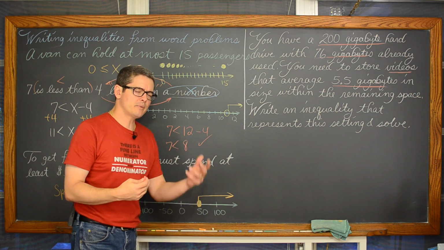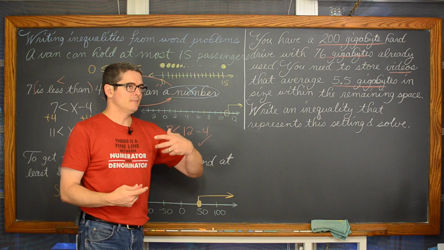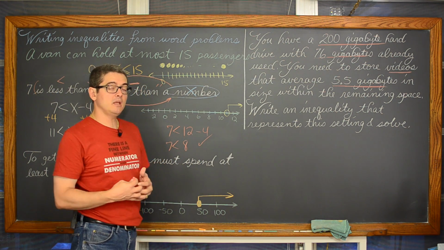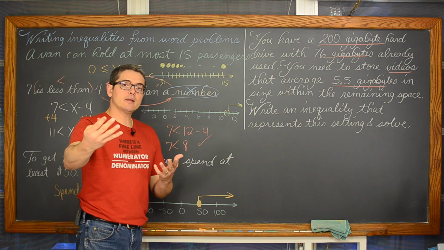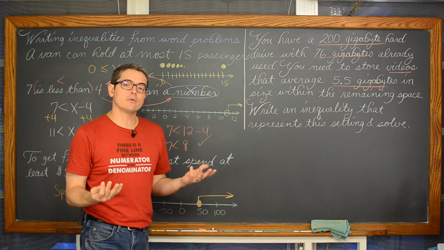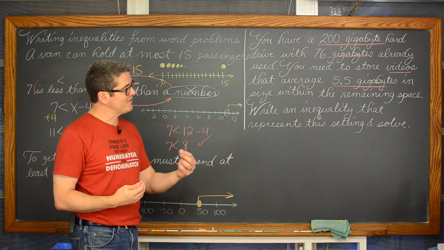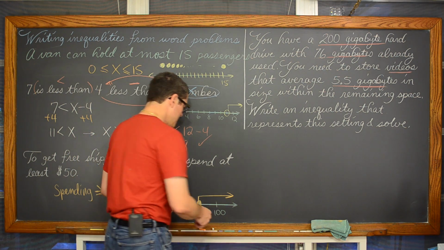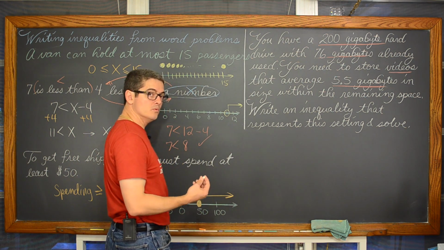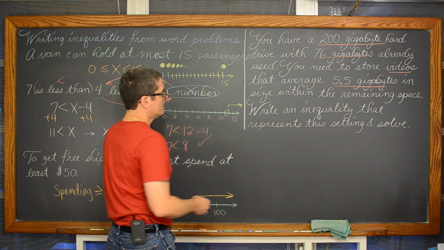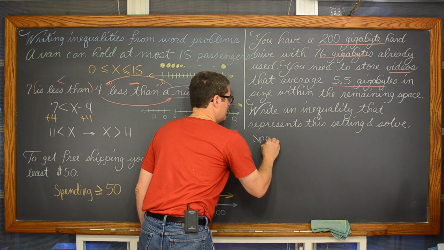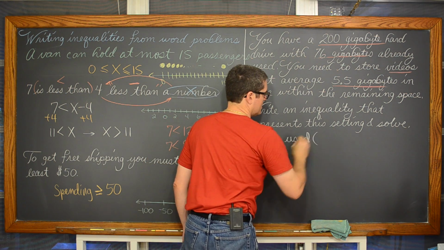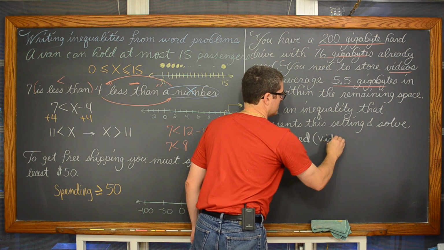What is the independent variable? What's the input variable? In many situations, you have control over what that independent variable would be. And well, I'm taking up memory right now making this recording, and I had control over whether I made this lesson for you or not. So the number of videos is the independent variable. Now, the space used, if you will, is going to be dependent on the number of videos.